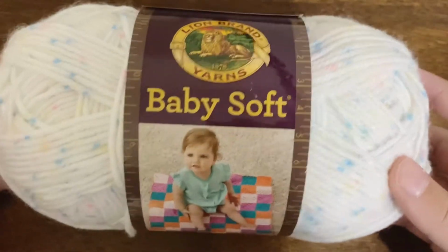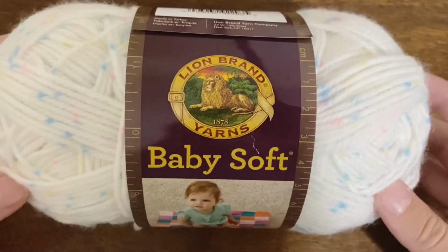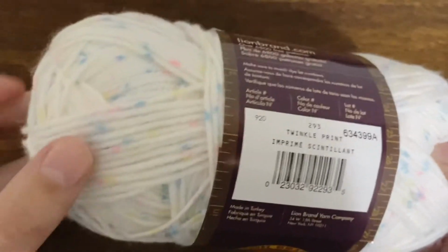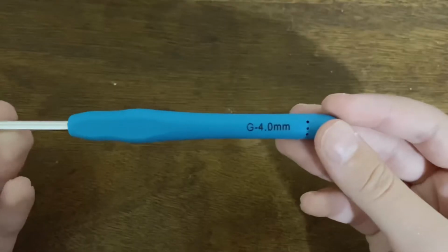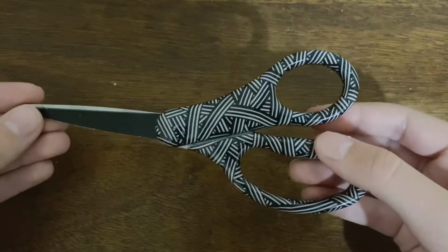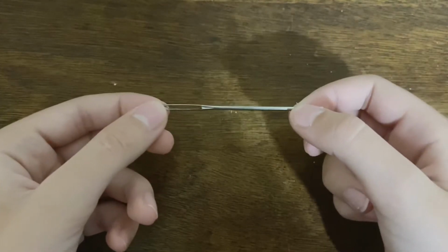Okay, so for this bandana you'll be needing a size 3 weight yarn. The one that I'm using today is the Lion Brand Baby Soft yarn, and the color that I'm using is Twinkle Print. It's this white yarn with little color specks in it, and it's so pretty and also so soft, so I definitely recommend this yarn. And then you'll also be needing a size G or 4mm crochet hook, a pair of scissors, and a tapestry